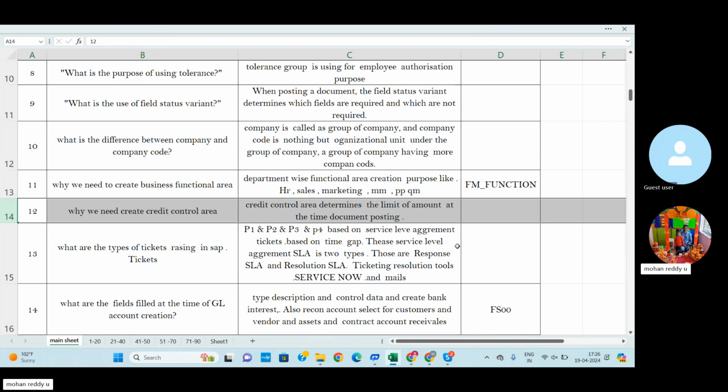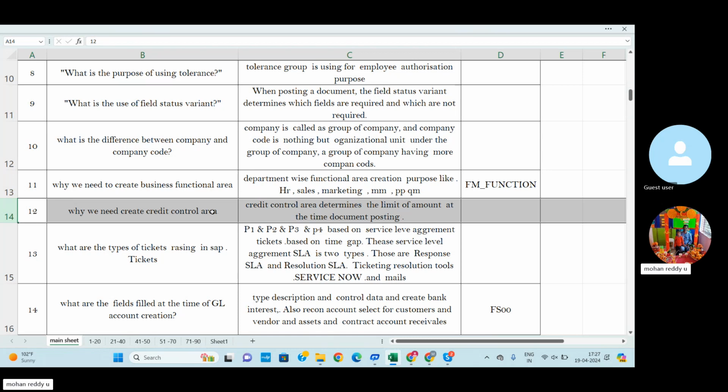If we do not assign the credit control to the particular employee, he cannot make the payment within the limit. For example, each and every employee has a particular limit. Say a vendor balance is more than 10 lakhs, but the particular employee has payment authority only for 50,000 or 1 lakh. Then the employee can clear that invoice only within 1 lakh.